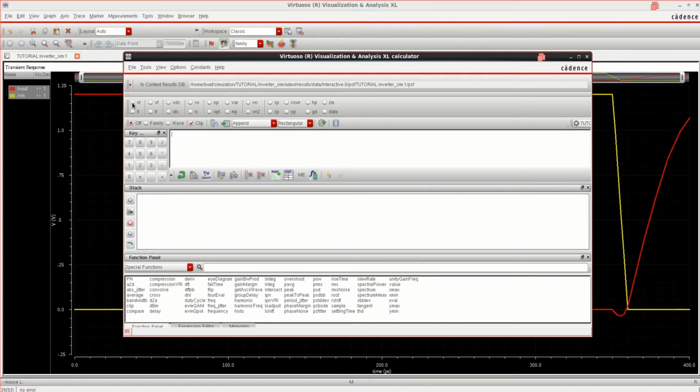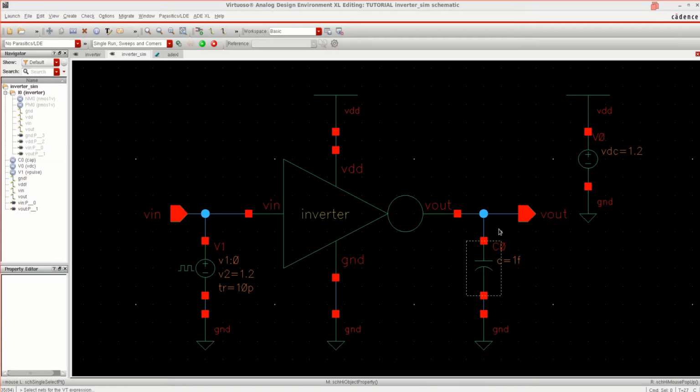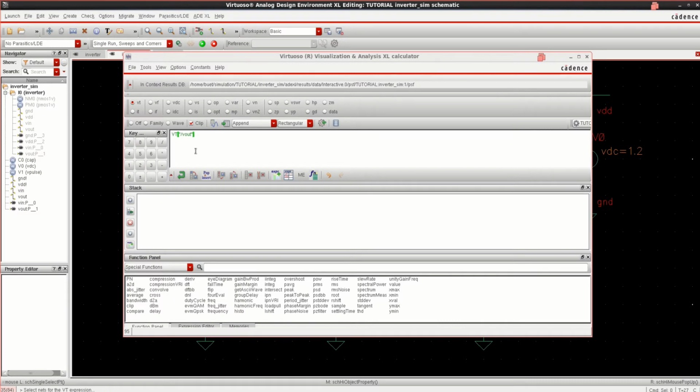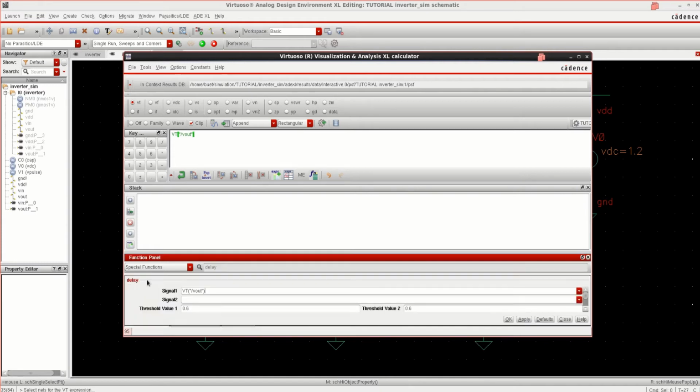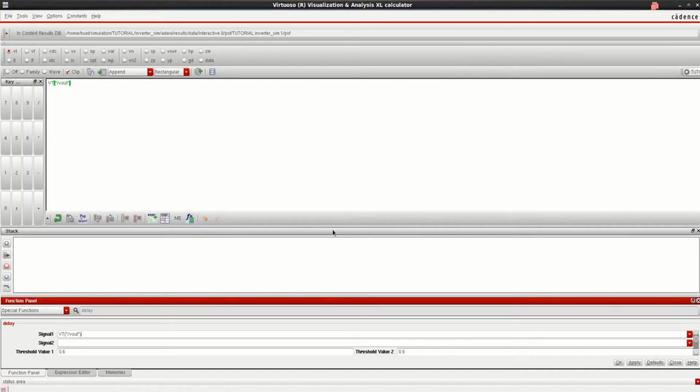Right now, just click on VT. Select the output. Once the output is loaded into the calculator, by using the function panel, select delay. Click on delay. Let me maximize this.